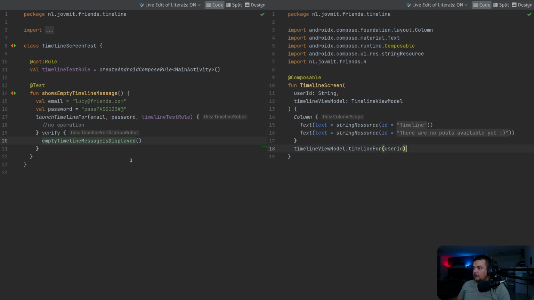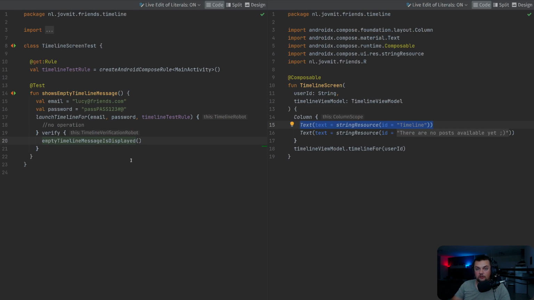On the other hand, this is the timeline screen where we just show that message, and we also show the timeline itself. So the first thing that I want to do is, instead of just showing a pure text here,